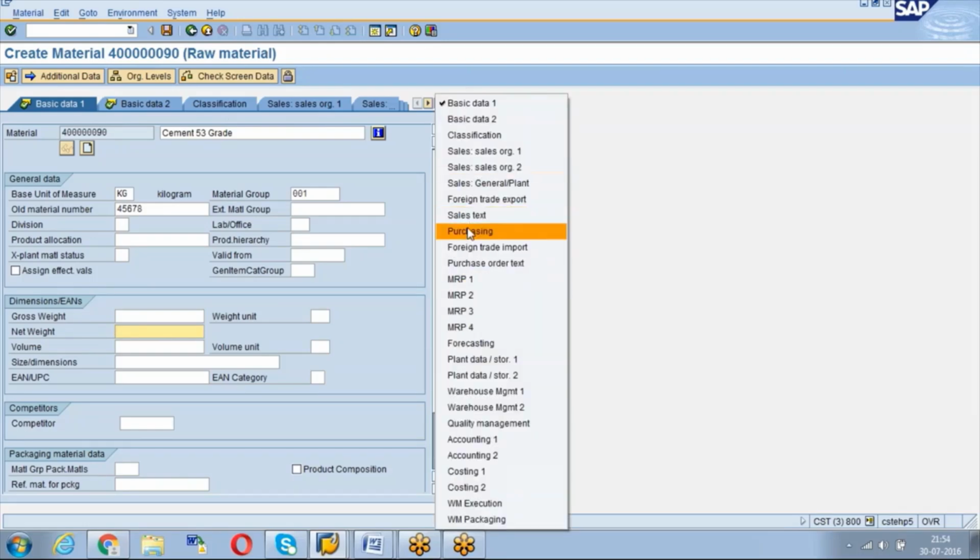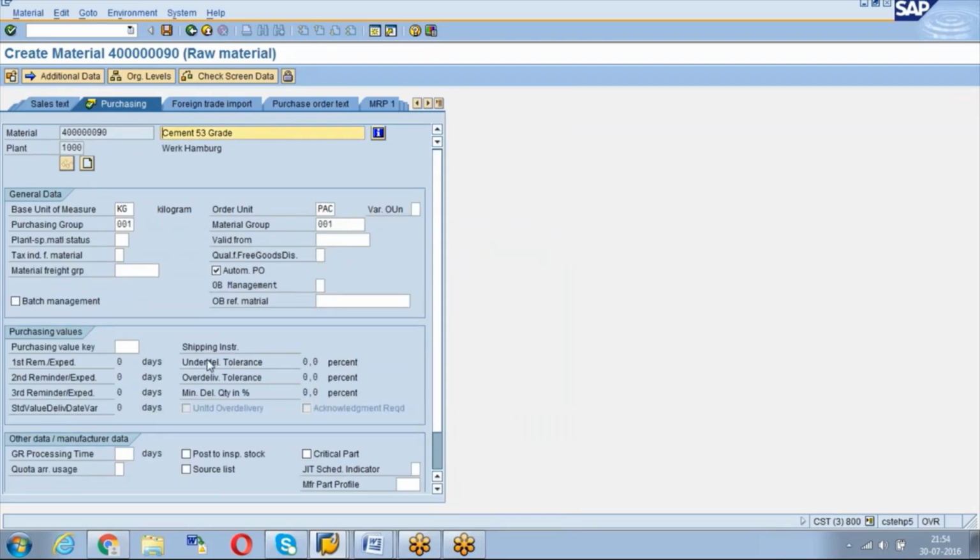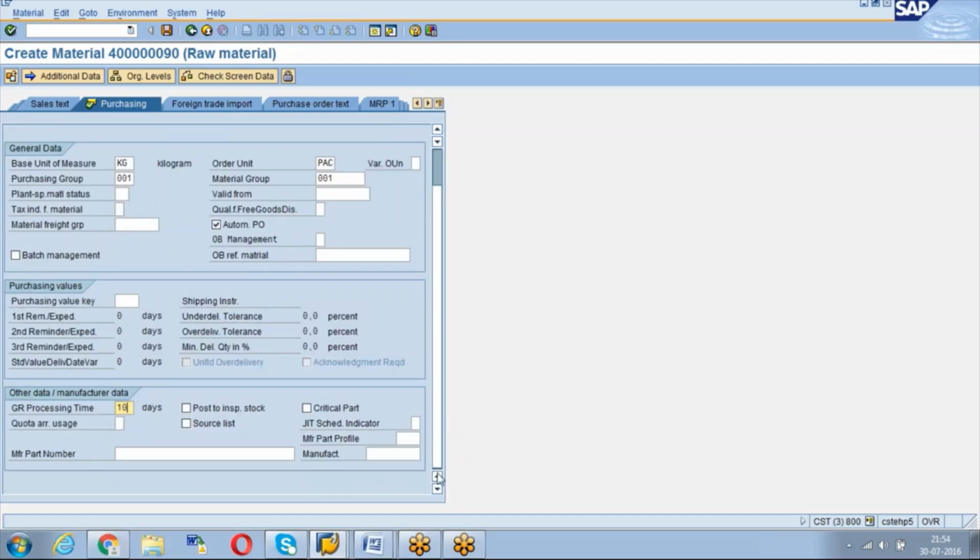And the purchasing view contains the purchasing related data. If you have any quality linkage, the goods receipt processing time, how many days it will take when you order a material. These all details will be there. If you have batch management active, in the case of manufacturing and process industries, batch management will play a very crucial role. Whenever they produce goods on a respective day, or when you are buying, they will take them into batches. If you take any biscuit packet, or if you take any drugs, a tonic,